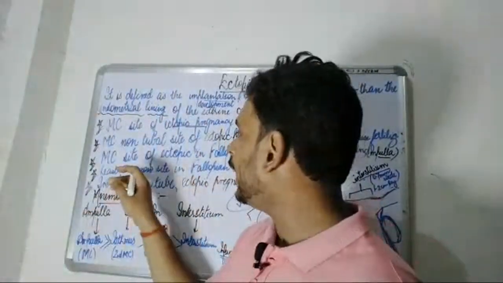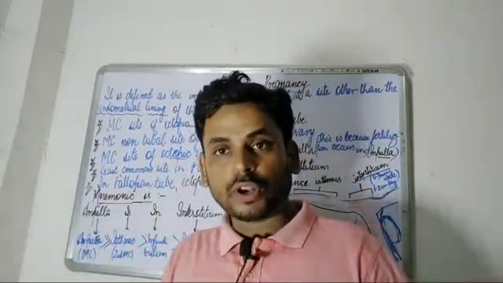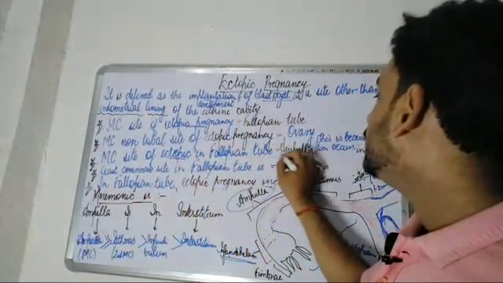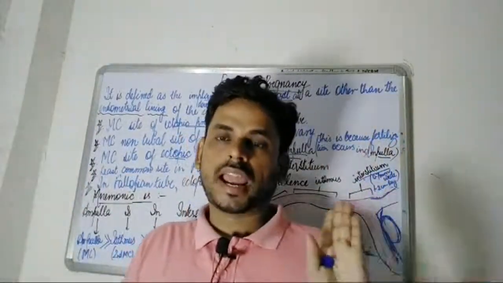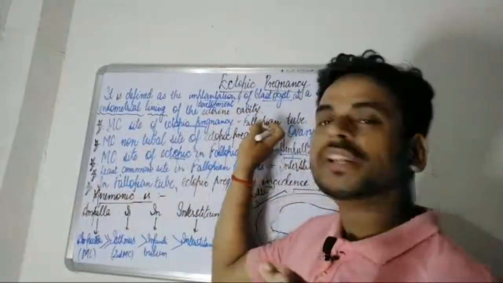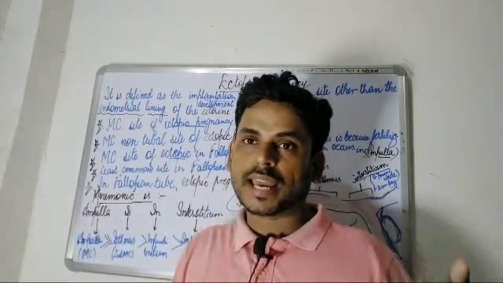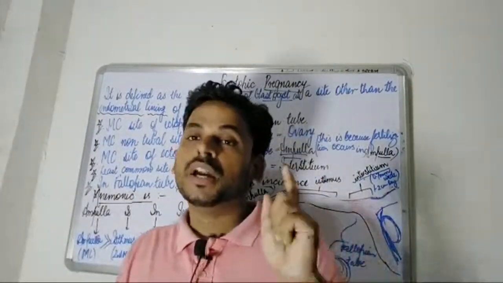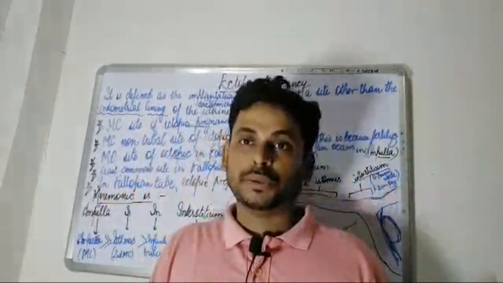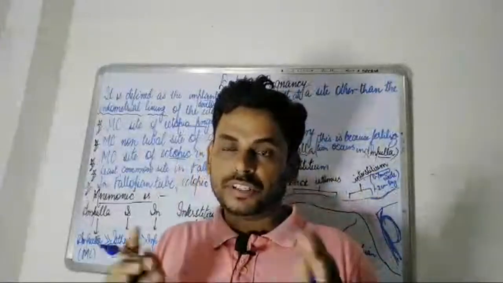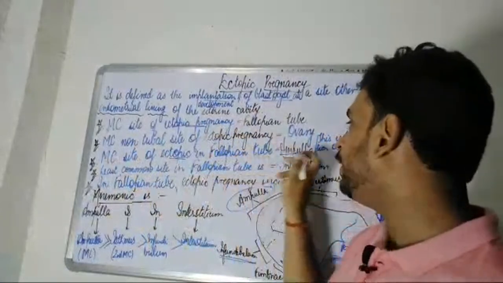Now moving on to the next, that is the most common site of ectopic pregnancy in the fallopian tube. It is the ampulla. Do remember, the most common site of ectopic pregnancy is the fallopian tube. But within the fallopian tube, what is the most common site? If they ask you in the multiple choice questions, do remember that the most common site of ectopic pregnancy is the fallopian tube. But within the fallopian tube, the most common site is